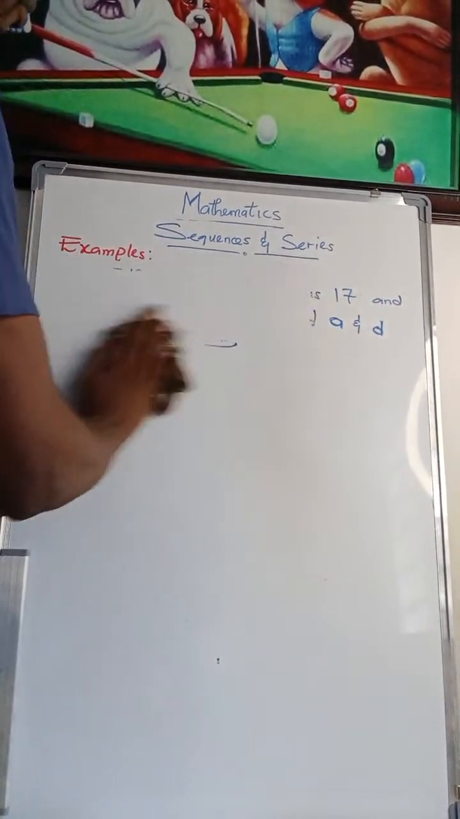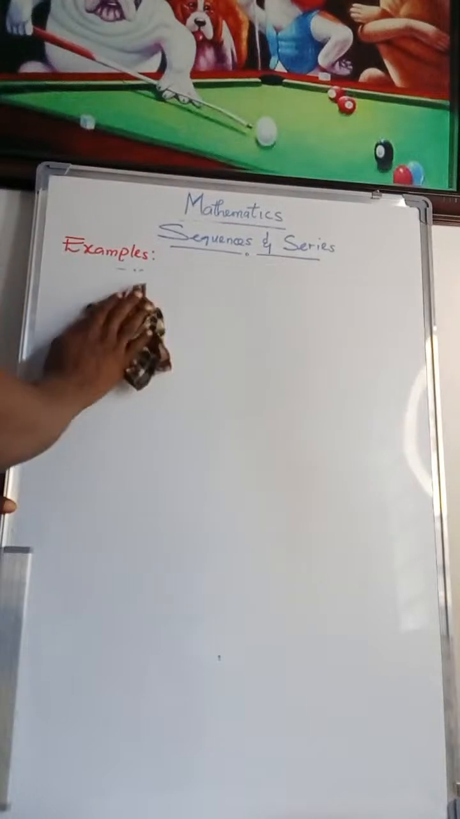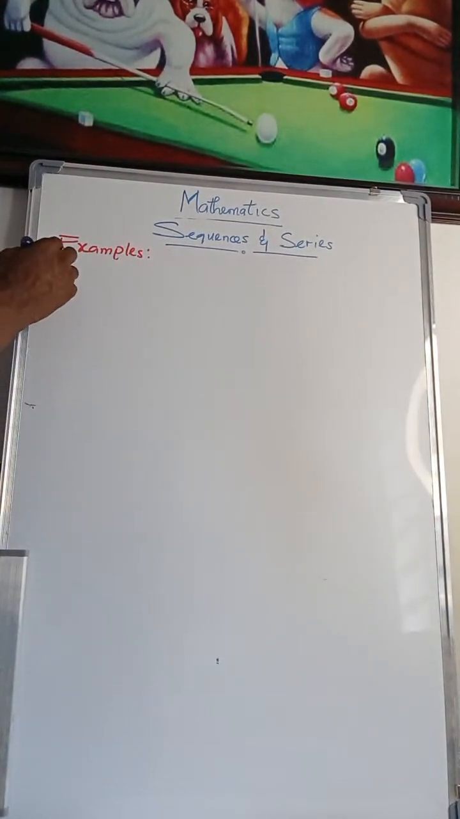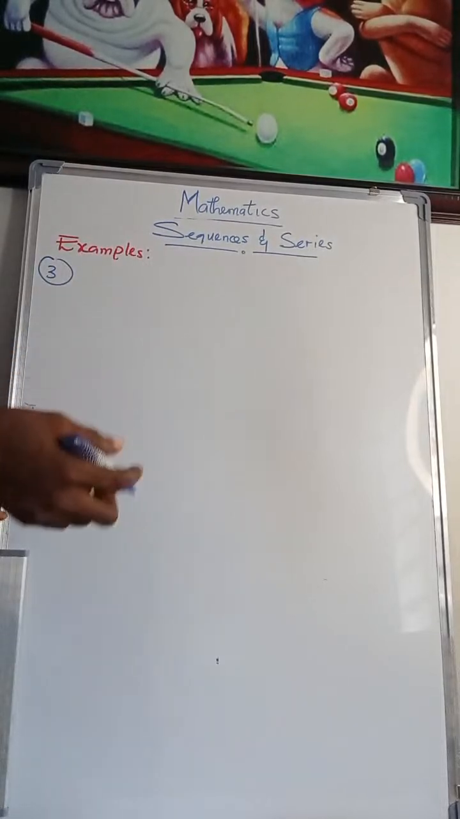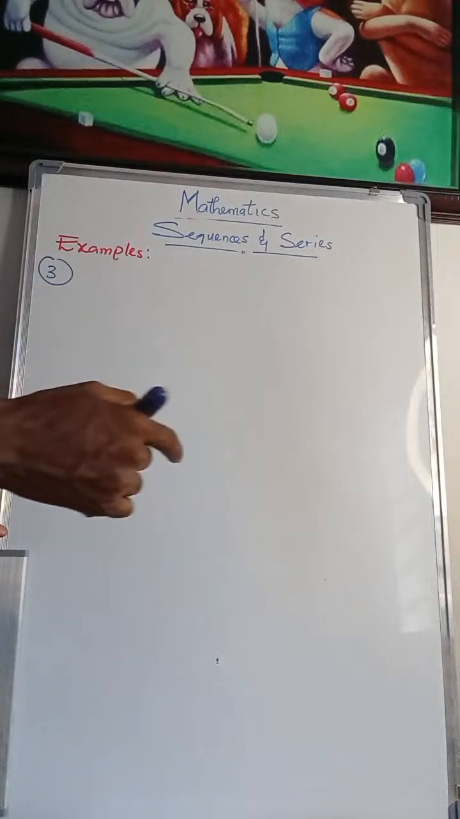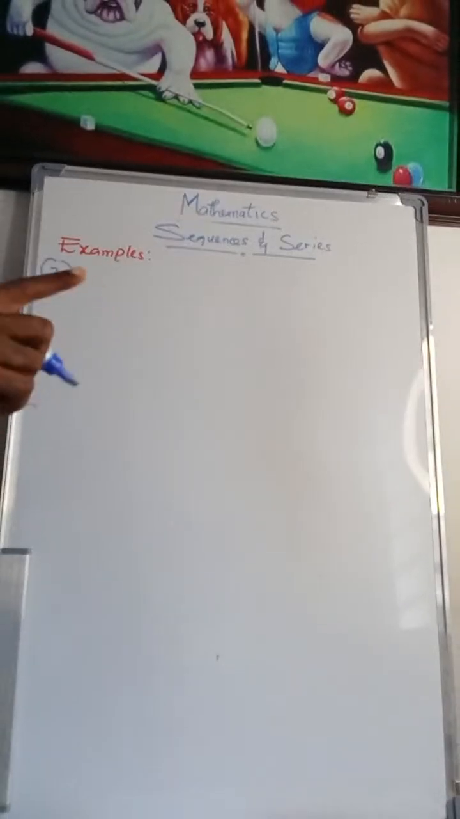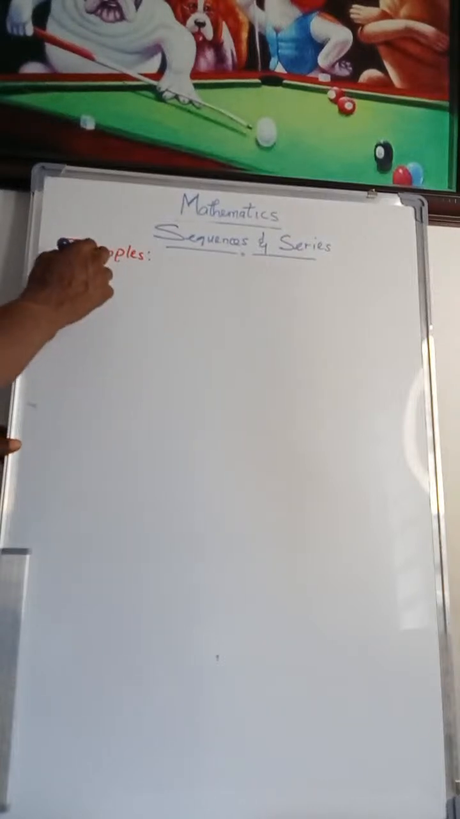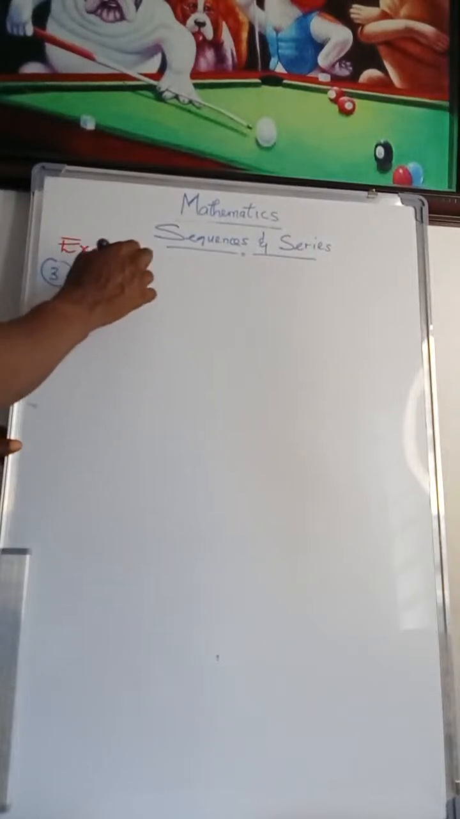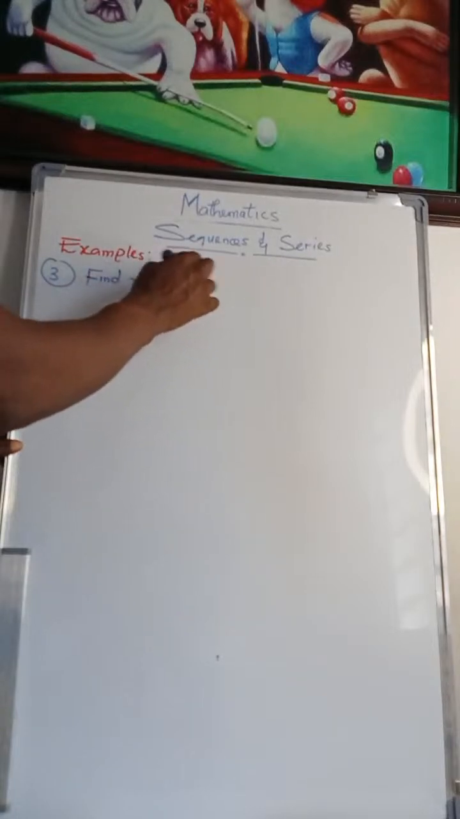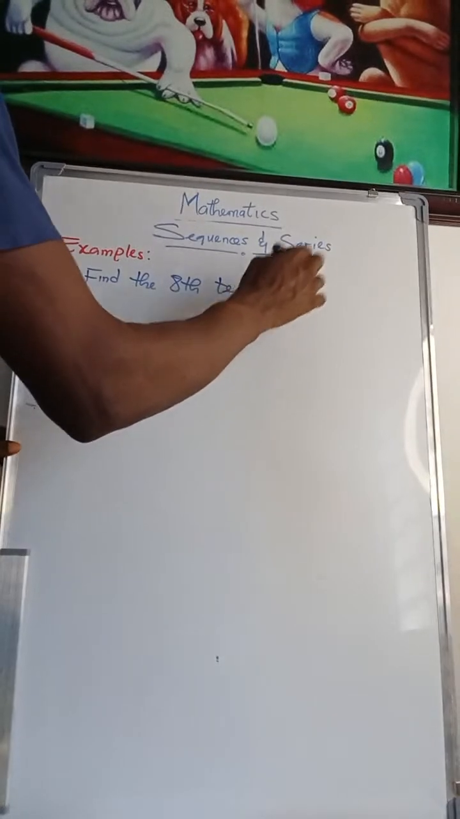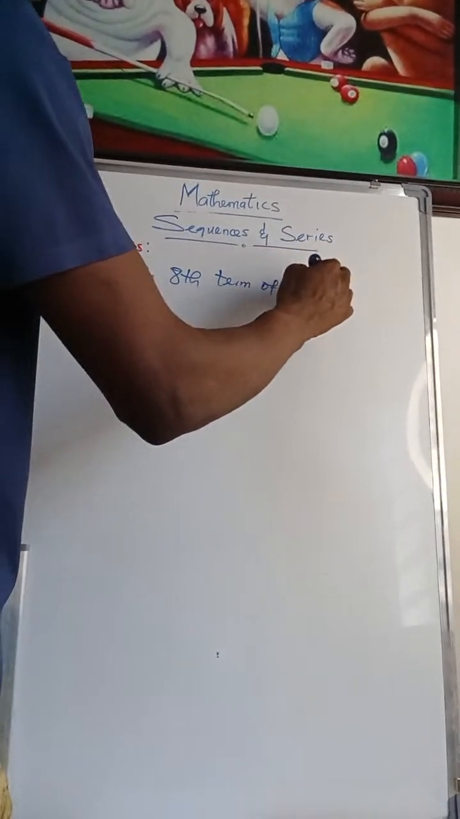Example 3. Okay, so now let's look at GP. We treated 2 questions on AP. Let's also look at another question on GP. All right, so this one says find the 8th term of a GP